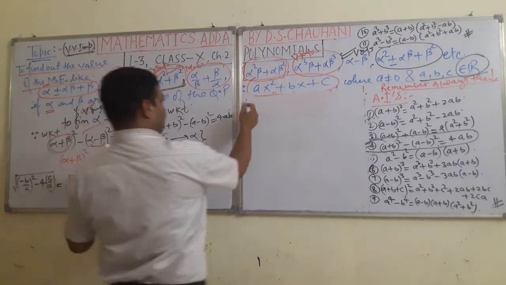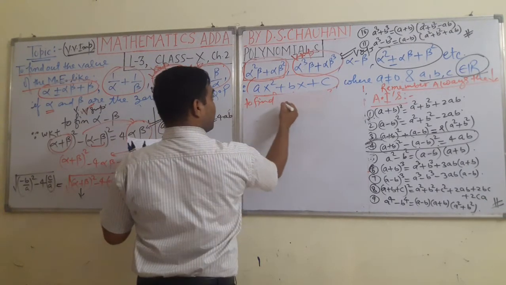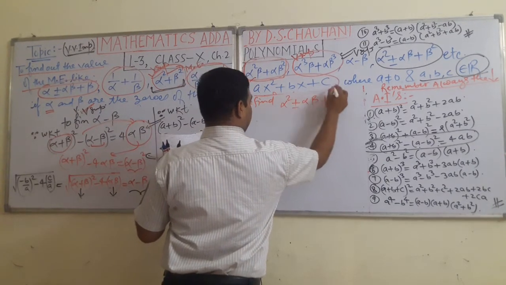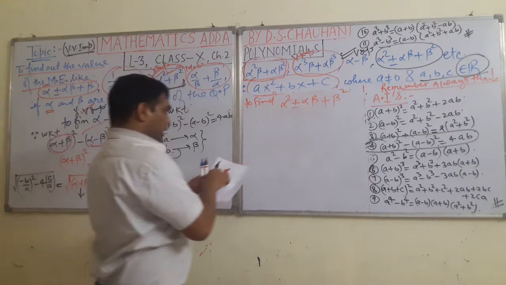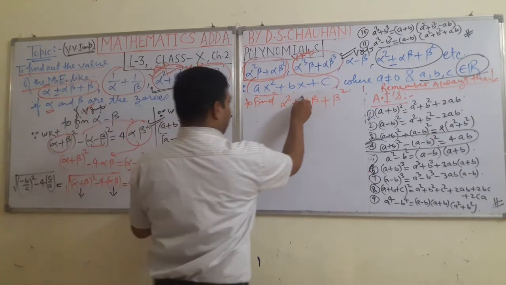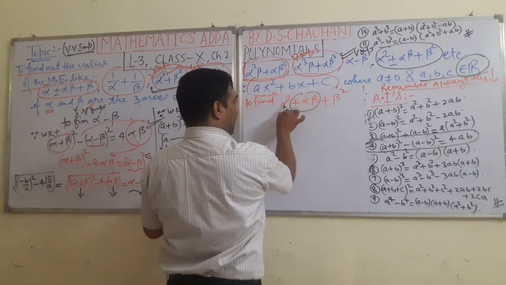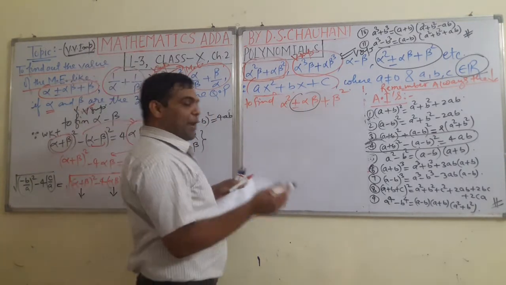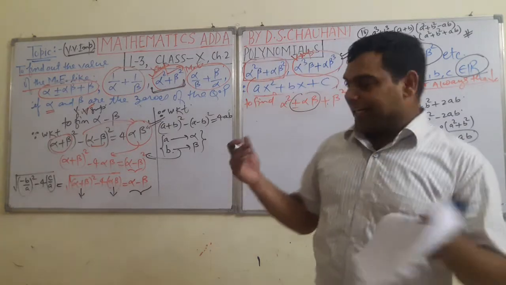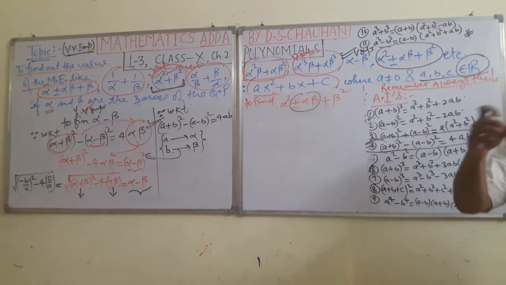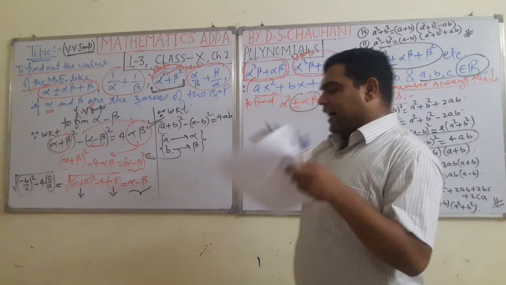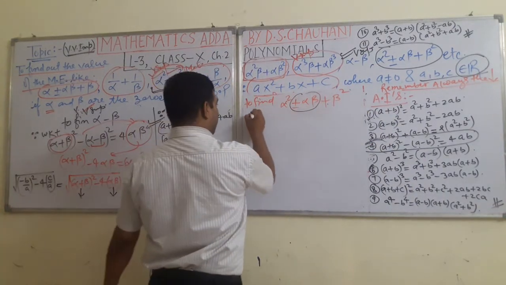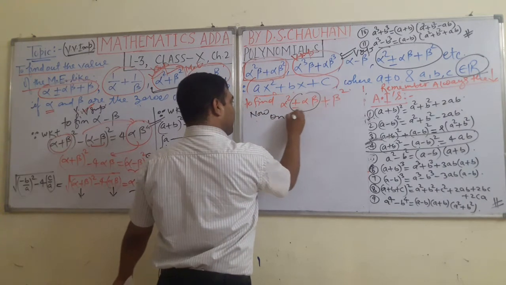This is the last one to find: alpha square plus minus alpha beta plus beta square. Students, suppose this term is not present. So what do we have? Alpha square plus beta square, and you know how to find that out. So can we rearrange here? Actually, this is not according to us. So where the mathematical expression is not according to us, we can rearrange them. So on rearranging